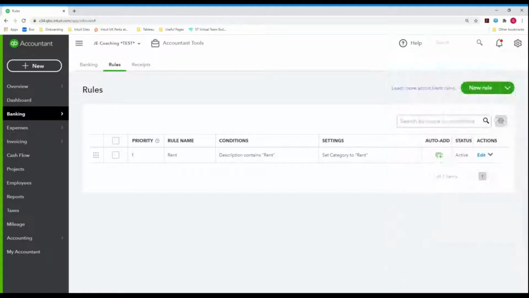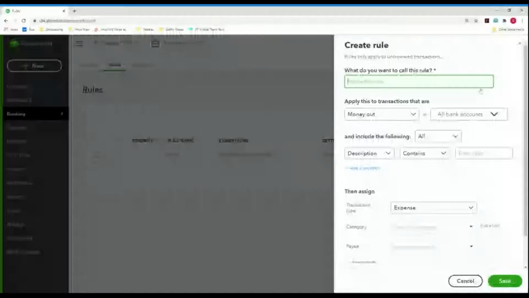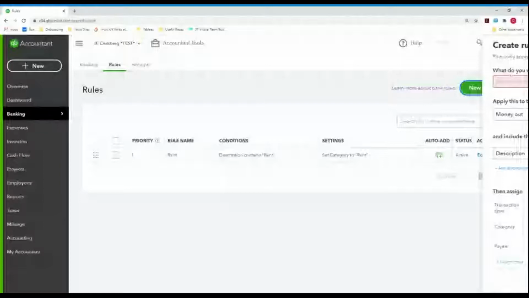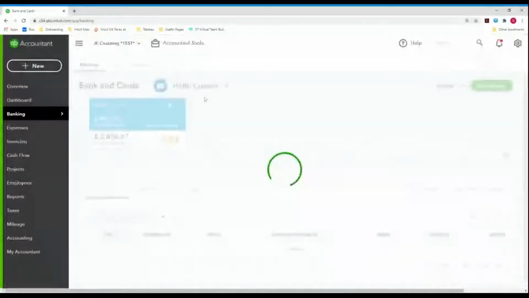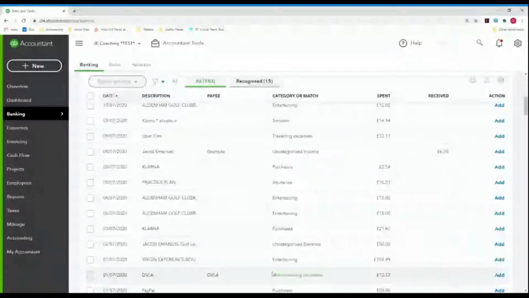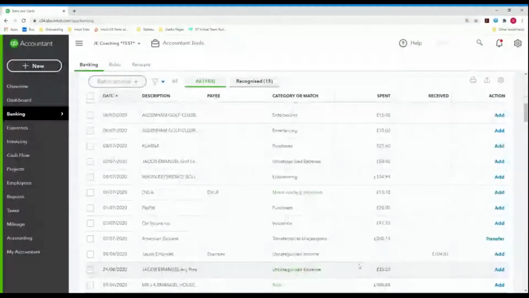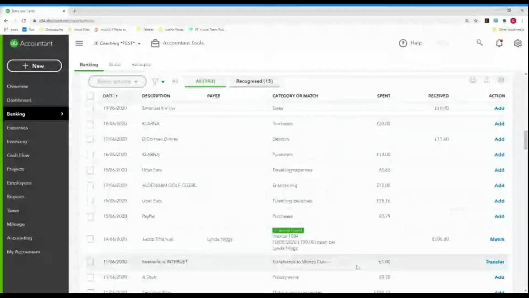Okay, so we're going to go to new rule at the top. And actually, before I do that, let me show you an example. Looking through this randomized bank feed here, we can see, this is a good one. On the 1st of July, I have a motor running expense, as QuickBooks has categorized it, for £13.12. If I'm not mistaken, I should have the exact same one on the